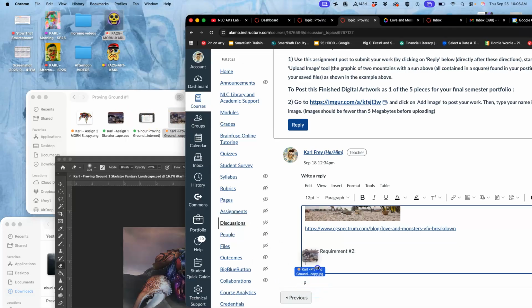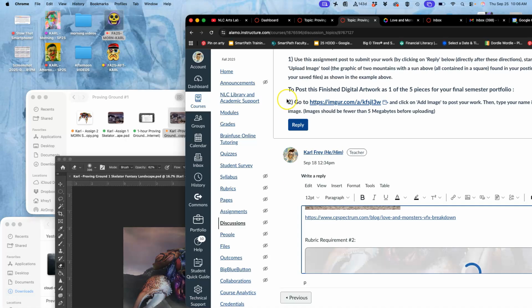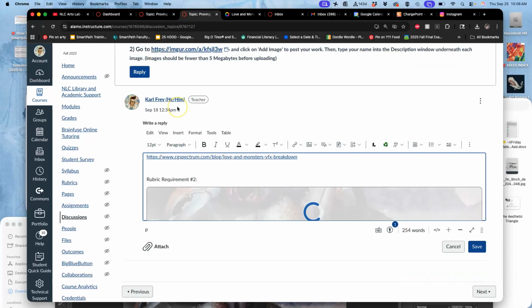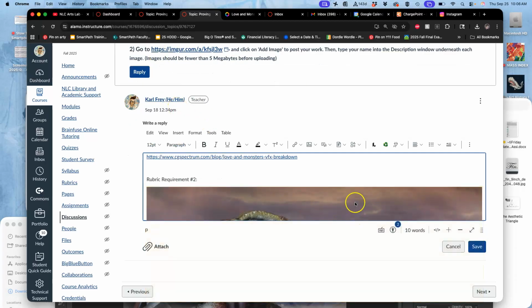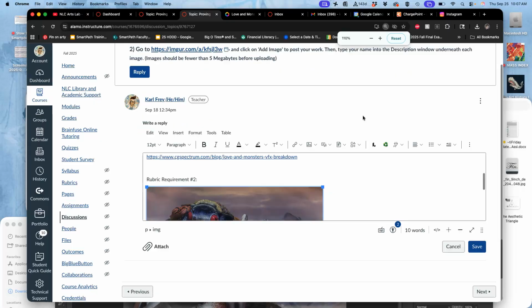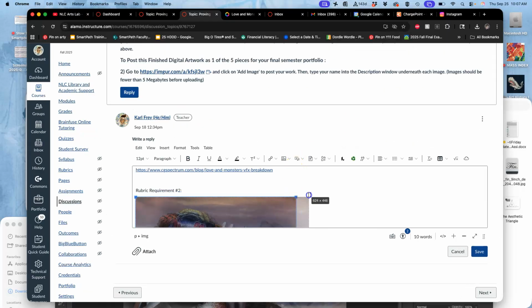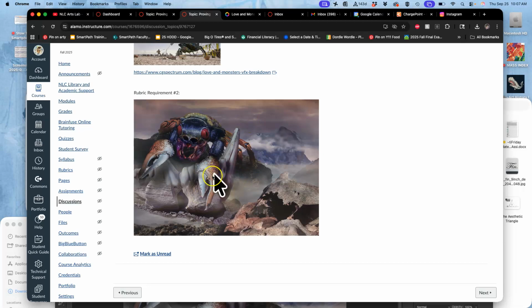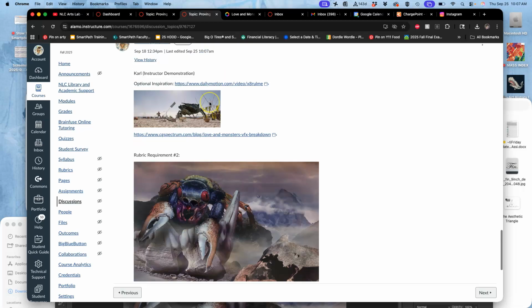Now this is going to be a big image, right? And we want it to be a big image that allows us to do more with it. More pixels means we have more versatility. It's raster, so the pixels limit what you can do with it. But I'm going to shrink it on the screen so it's not too huge for a presentation critique, about halfway. Maybe a little bit more than halfway. And I'm at 100%. Here we go. A little more than halfway at 100% on my browser Zoom. So that's the first requirement that we can post, but it's actually rubric requirement number 2